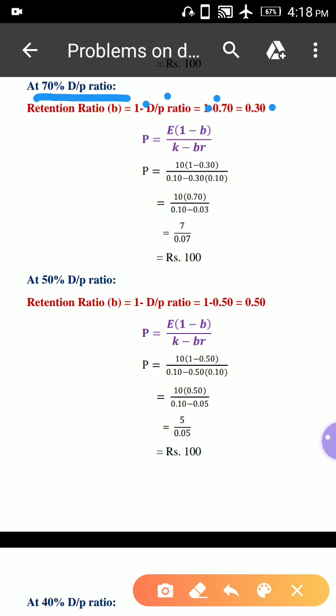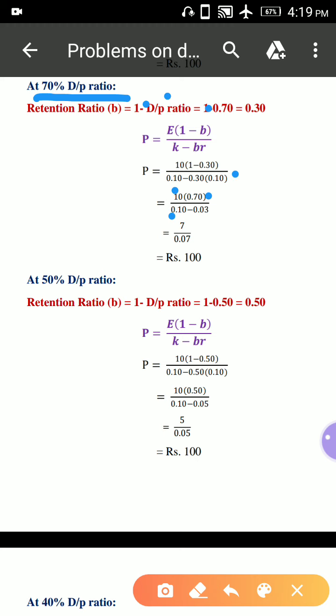See, E 0.10 into 1 minus B 0.30, divided by K 0.10 minus B 0.30 into R value, which will be 0.10, because here R is equal to K. And next, here 1 minus 0.30, 10 into 1 minus 0.30 means 0.70, divided by 0.10 minus